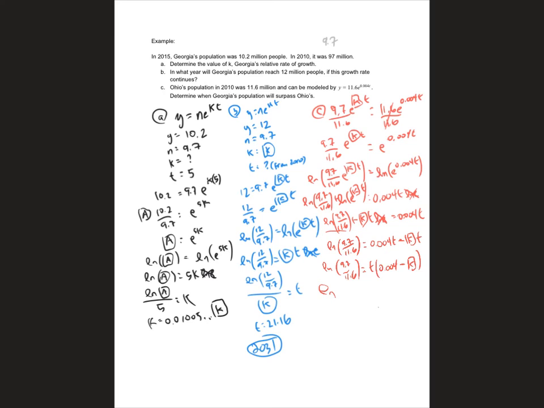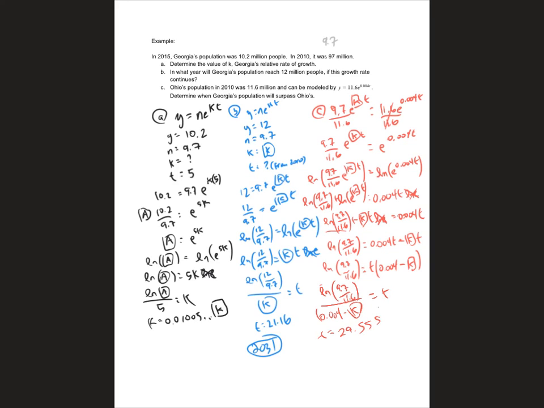That's an ln. Wow, that's just the worst L. So ln of 9.7 divided by 11.6, divided by 0.004 minus my value of k. And that would be my time. So I would plug that into my calculator. And I would be careful to remember to group the thing in the bottom in parentheses so my calculator does it correctly. And when I do that, I get t equals